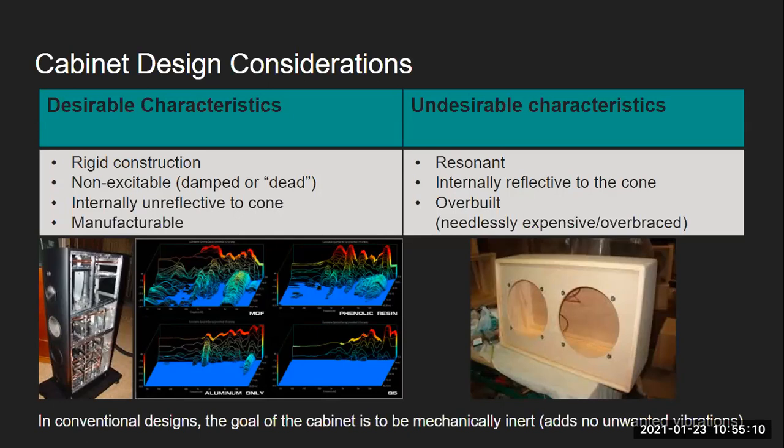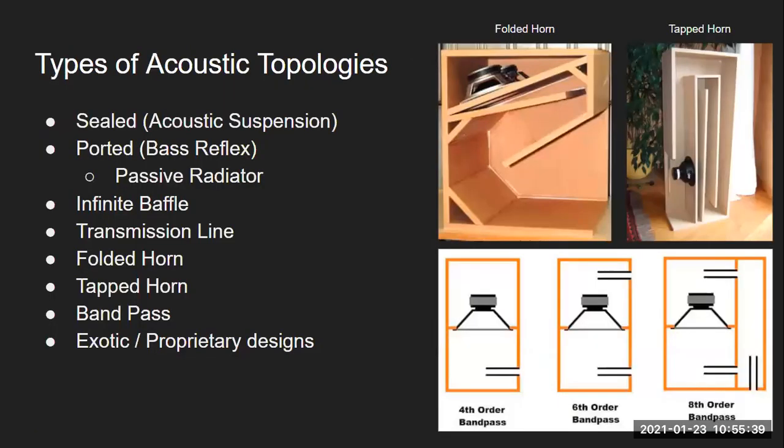But then also on the other side here, I kind of feel a little bad because the person who did build this little homemade box on the bottom right, they did do one thing right, in my opinion, and that is that it's slightly trapezoidal. So that means that it will help reduce standing waves that could be in the box. Using non-parallel sides is a common way to reduce standing resonant modes within the box that could color the sound. So go to the next slide there.